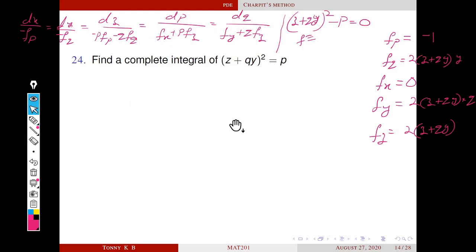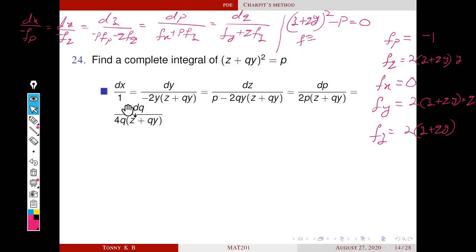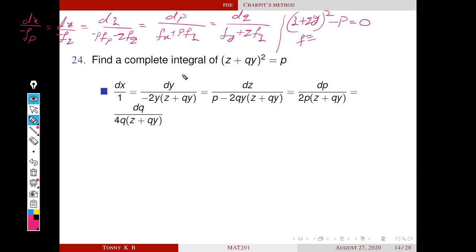So the subsidiary equations become dx by 1 is equal to dy by minus 2y into z plus qy is equal to dz by p minus 2qy into z plus qy, that is equal to dp by 2p into z plus qy is equal to dq by 4q into z plus qy. Next we consider the second and fourth ratios. So here 2 is common and z plus qy is also common. We can cancel 2 times z plus qy. So the remaining term is, now it is integrable. Okay, integrating on both sides, we get,